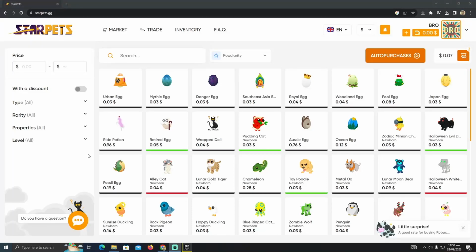Using a Visa gift card on starpets.gg is a pretty easy thing to do today. I'm going to teach you how you can use your Visa gift cards on starpets.gg. As you can see, I'm at their home web page, and here you have to select the item that